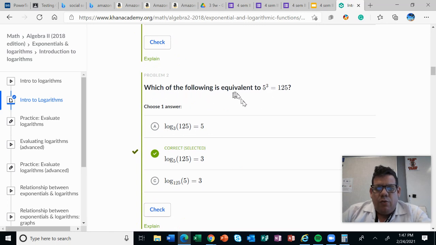Which of the following is equivalent to 5 raised to the third power equals 125? Once again, let's locate the base. You have log base 3 is